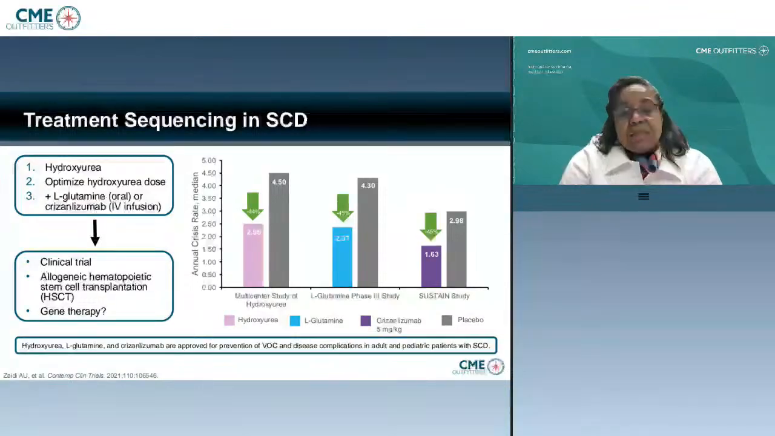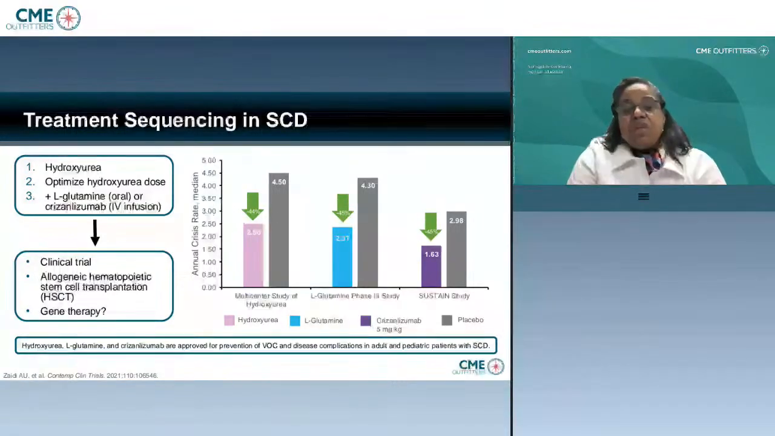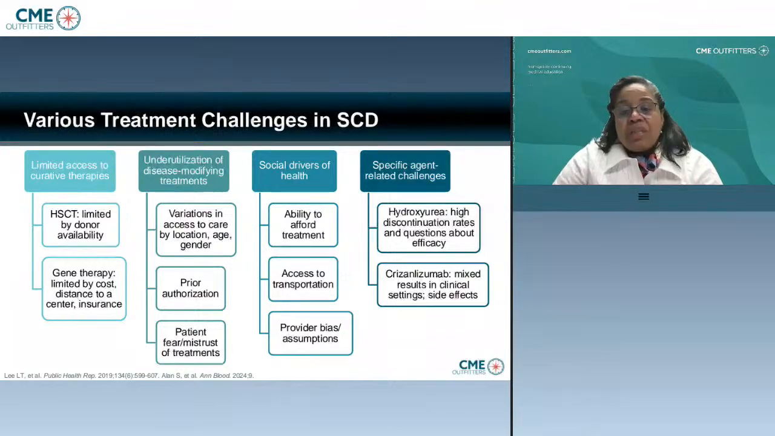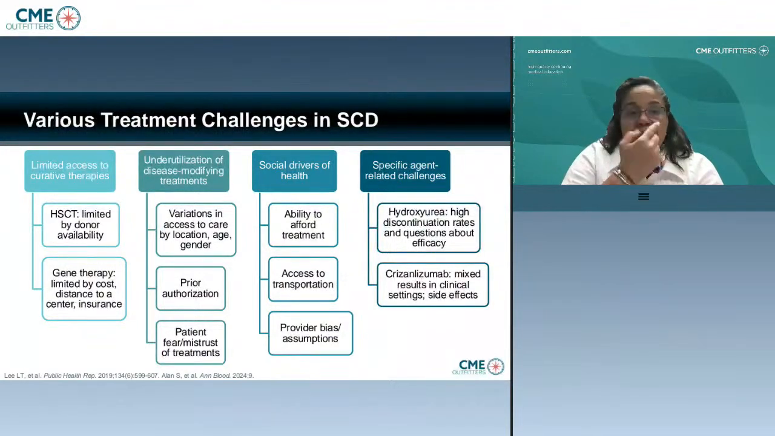Lastly, gene therapy, as you know, was approved in December 2023, is now being offered or getting ready to be offered in different institutions, and hopefully will also make a difference regarding sickle cell disease. The backdrop of all these interventions is that they provide a lot of challenges, from the access to the